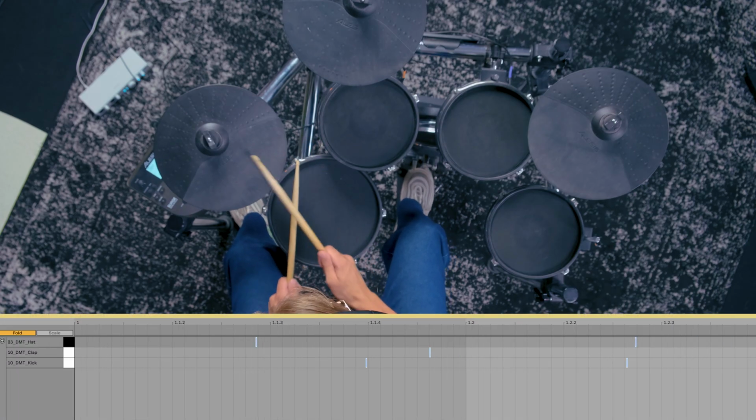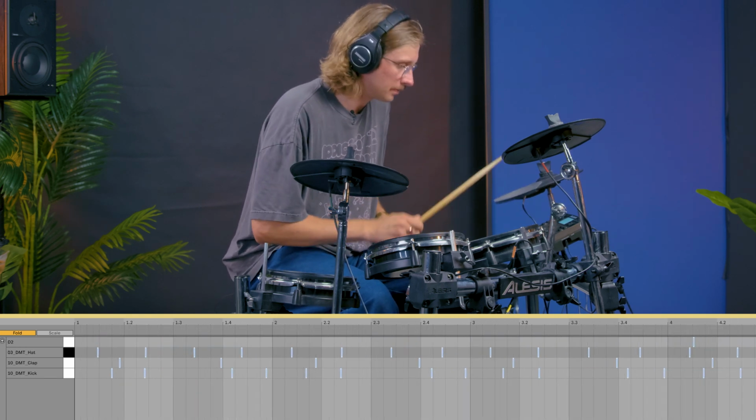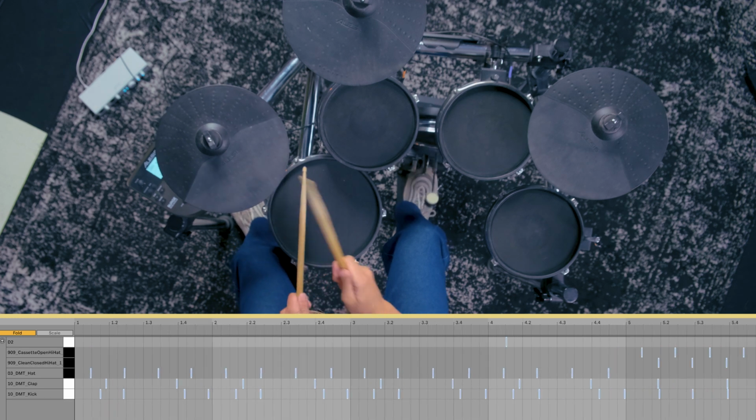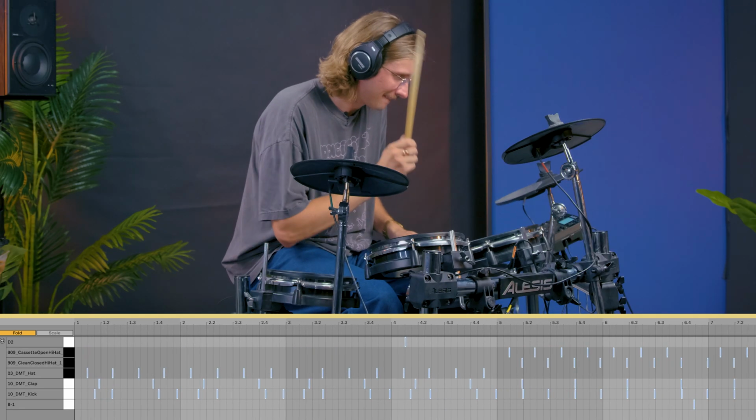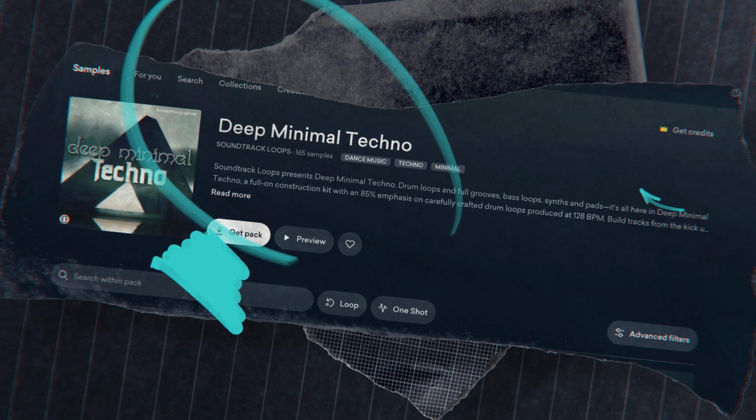House drums. Okay, let's try some patterns here. House music comes from Chicago. It's definitely inspired by the 60s, 70s, 80s soul and funk records that these producers and DJs would sample. And the name house itself comes from people asking for the music that was played at the warehouse where these DJs would play. To make this beat, I used this sample pack called Deep Minimal Techno, and also a bunch